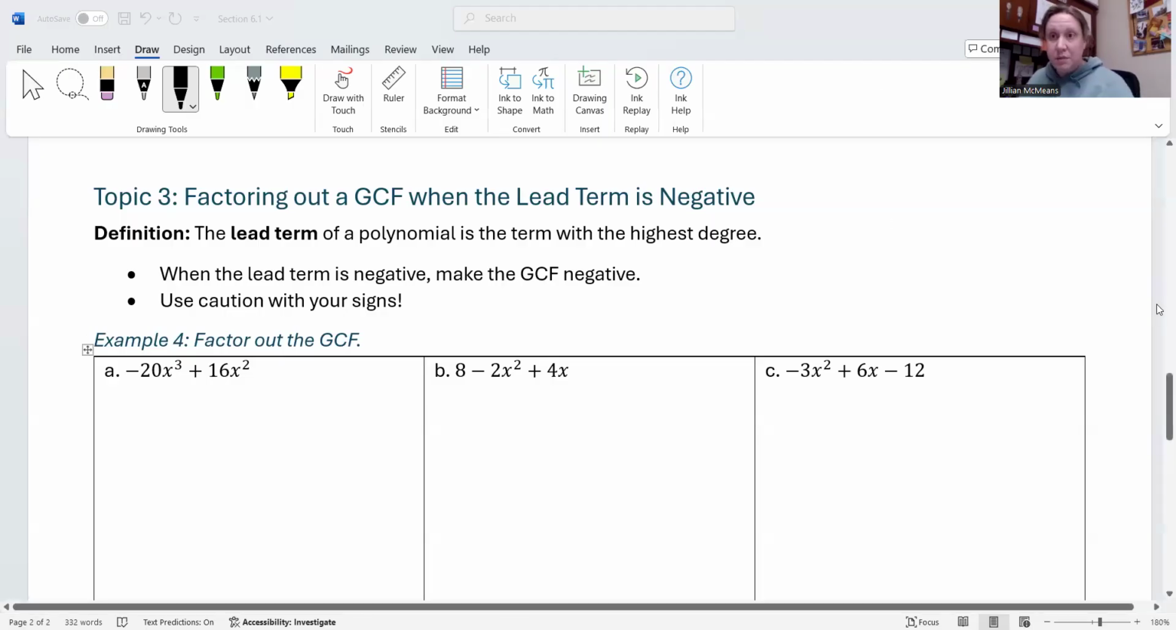A situation that can sometimes come up when factoring polynomials is a lead term that is negative, and that does have to be dealt with in a particular way. So first of all, the definition of a lead term is the lead term of a polynomial is the term